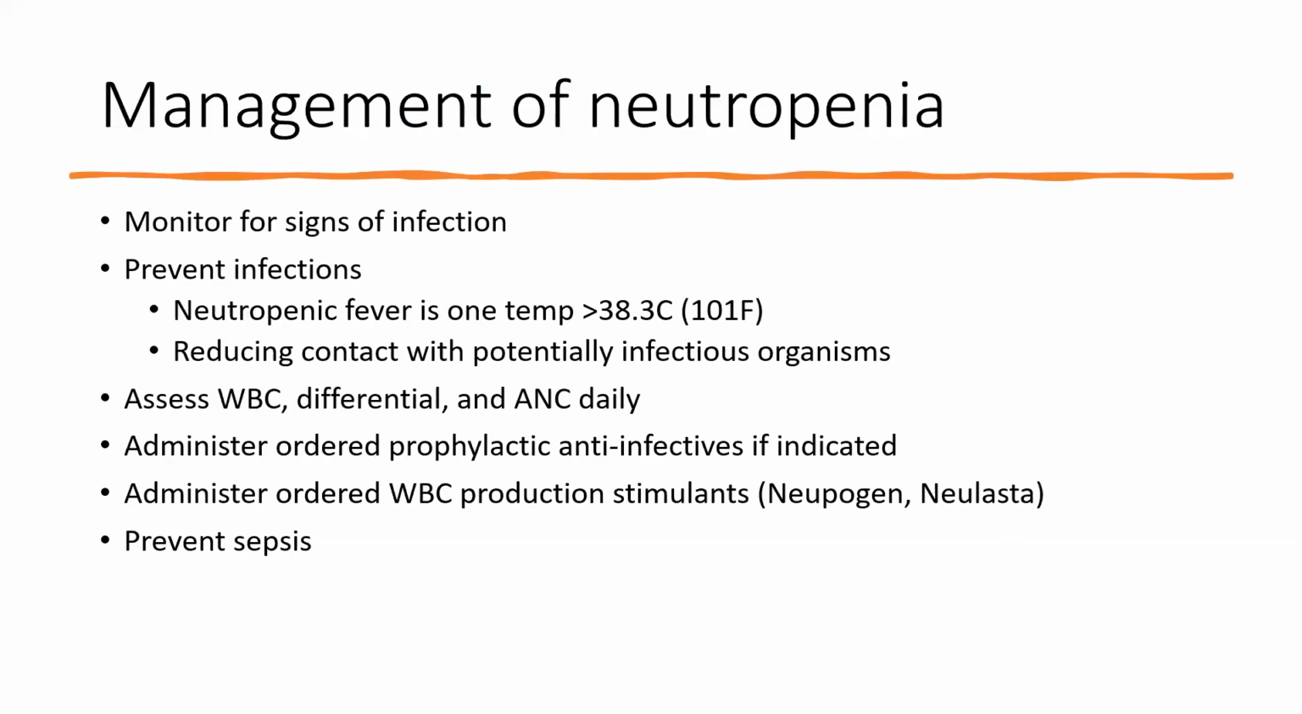When a patient has neutropenia, we want to do our best, of course, to monitor for signs of infection, as well as preventing infections. In a patient who's neutropenic, so that ANC is less than 1,000, a neutropenic fever is considered to be a fever when you have just one temperature that's greater than 38.3 degrees Celsius. And in most of our patients, we're like, it's one fever. We'll check on it a little bit later. In a neutropenic patient, that's really not an option because the organisms can proliferate so quickly and they can get